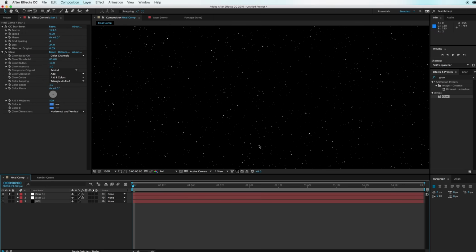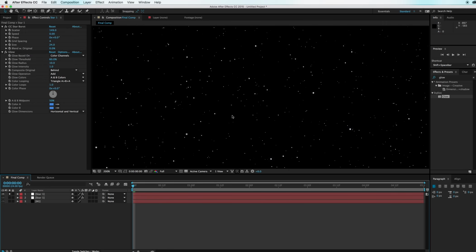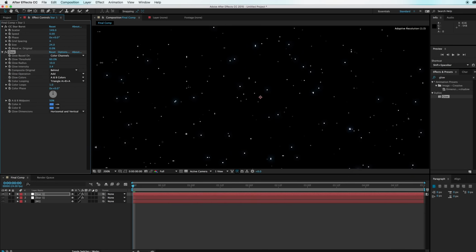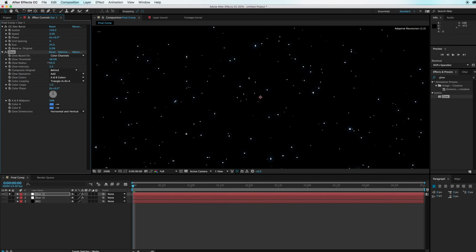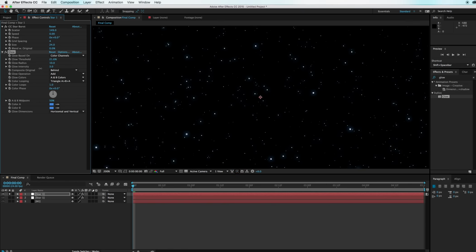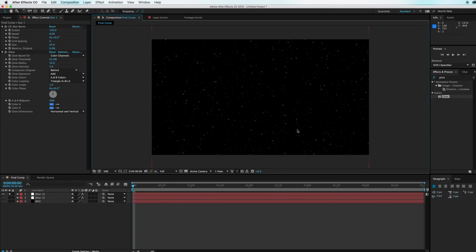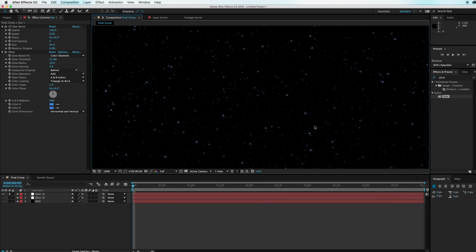What we're trying to do here is really just simulate what real stars look like in the night sky. So I'm going to zoom in here, and let's go ahead and turn up the intensity to about 3. And we can turn up the threshold to maybe around 40. So we just want to begin to see a little bit of this blue color seeping through. And if we zoom out, we can see that some of our stars have this slight blue glow to them,